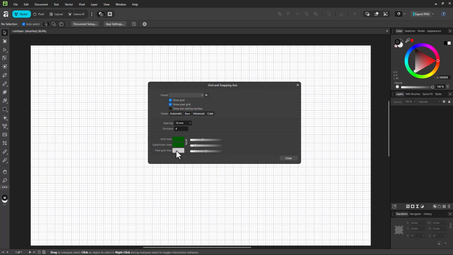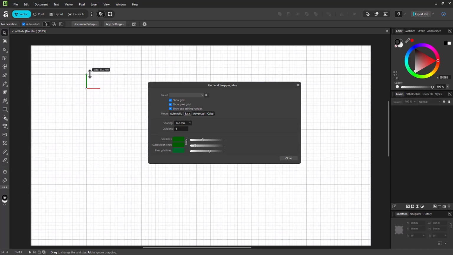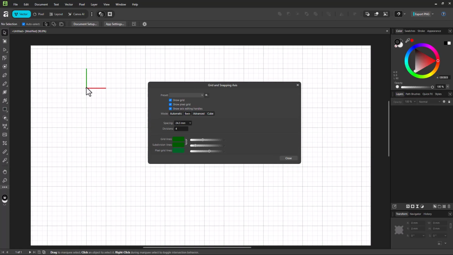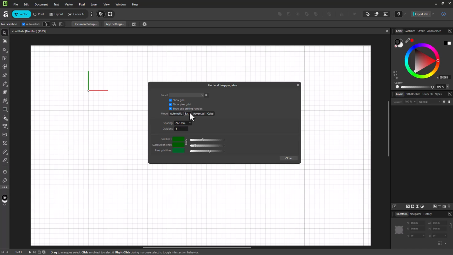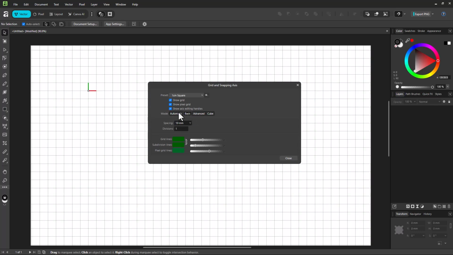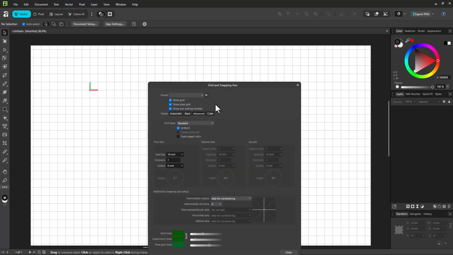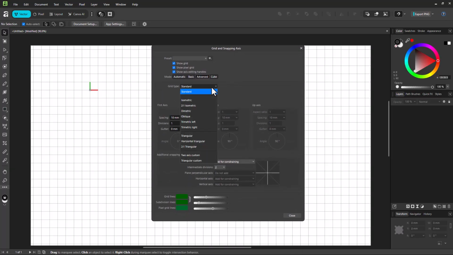You can also, let's say for example, choose the pixel grid lines as well. So this is what you have right here, and you can also show the axis handles, which you can click and drag, and you can resize the grid dynamically right here. If you were to go to automatic mode, then everything is arranged automatically, and if you were to go to basic mode, you get more controls. But if you were to go to advanced mode right here, then you can actually see that you can